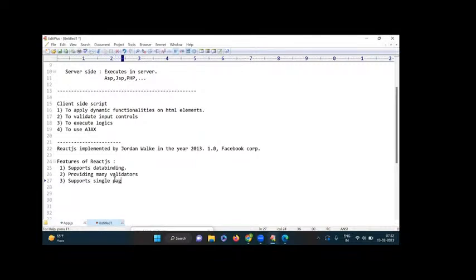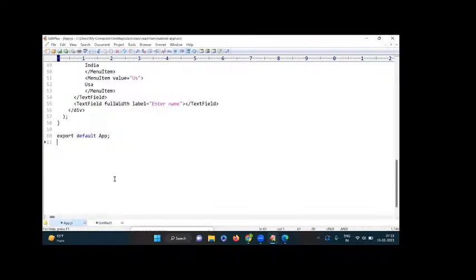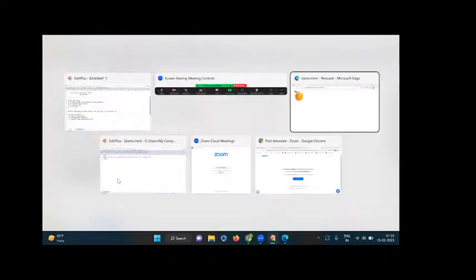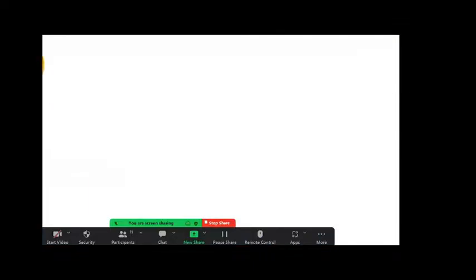Next, it supports single page applications. The next advantage is that React supports single page applications. What is a single page application? What is the advantage of a single page application? It is a very important and very popular concept. I will give you just a simple overview. See, for example,